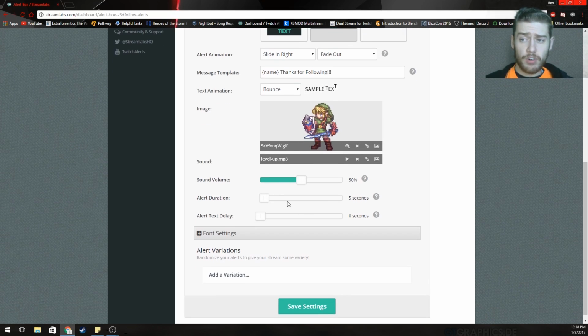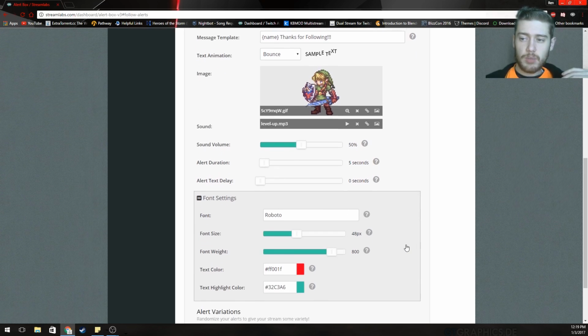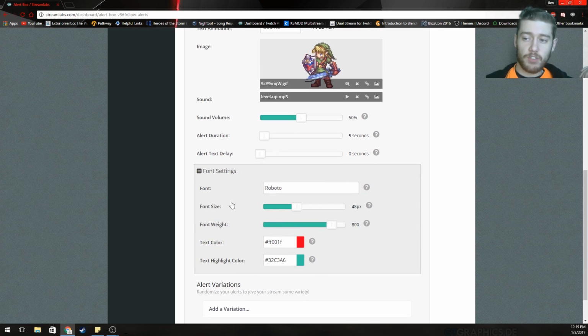And then you can adjust your duration of the alert, so 5 seconds, or I think it goes all the way up to a minute, and then all the way down to 2 seconds. So 5 seconds is what I have this set to. That's where it's going to stay. And then you can set an alert text delay, so give it a little bit of time before it comes in, but you don't have to, it's up to you. And then your font settings, you can change these to whatever you want, whether it be